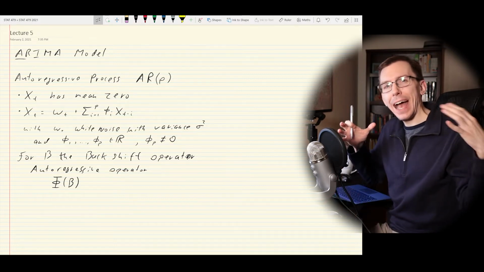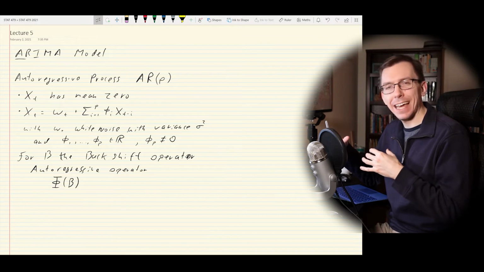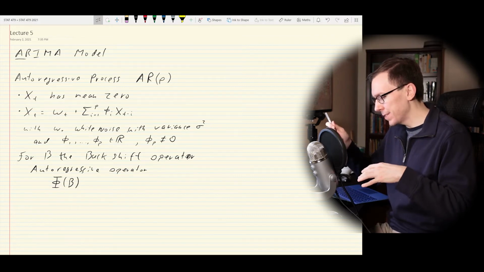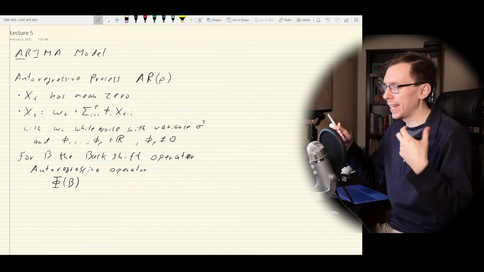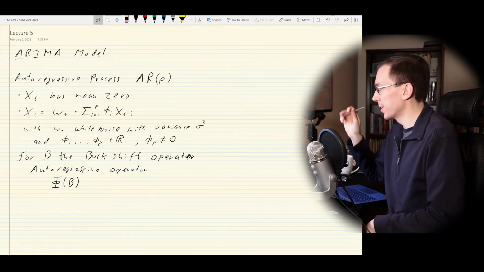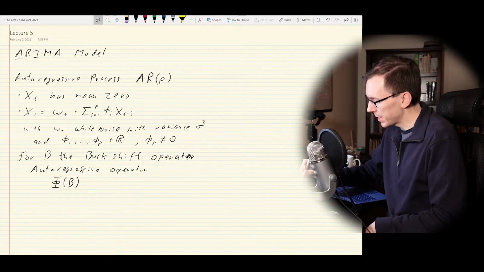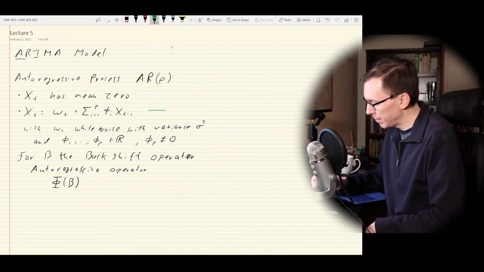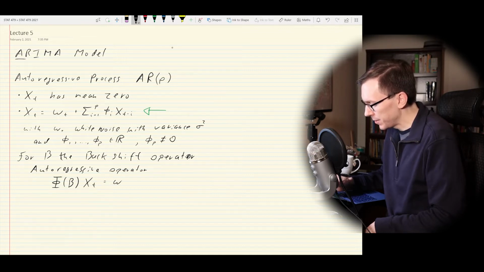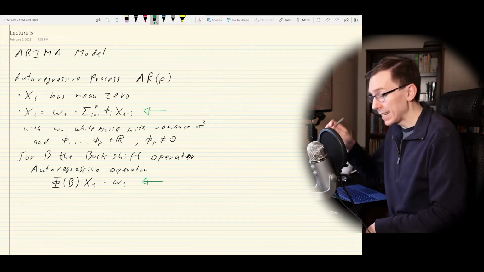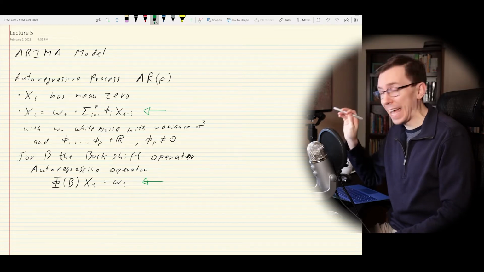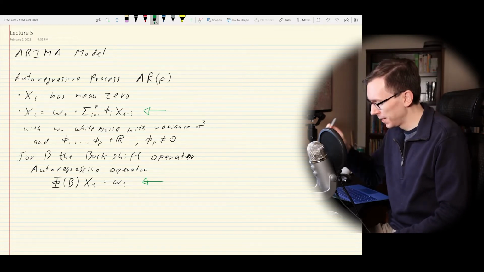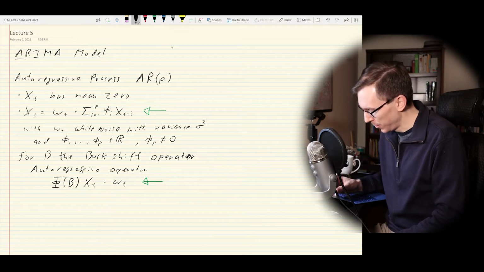So the operator, remember, acts on the time series xt. If I apply the backshift to xt, I get an xt minus 1 out. The way that we're going to do this is we're going to rewrite this equation up here as capital phi of B applied to xt is equal to wt. So this is going to be a nice shorthand notation. And it's actually going to be convenient because this capital phi is going to be very important. So here, I'll say where